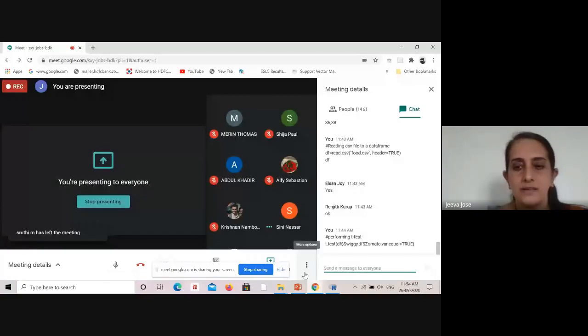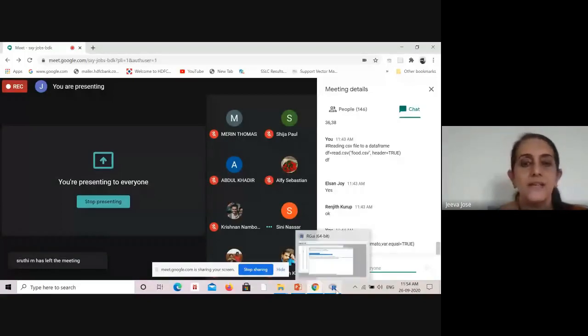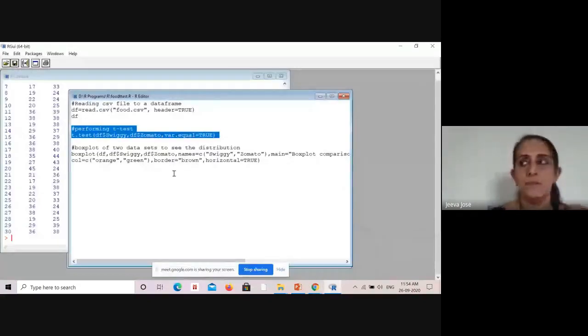Again, the code for the t-test is pasted. Some people might be discussing the t-test, then you will search what a t-test is, then you will search how a t-test can be performed in R. You will get a piece of code, paste it, and run it. Then you will get a p-value, and you will ask what the p-value is. Again you will Google it. So likewise, people will be doing data science and data analysis,